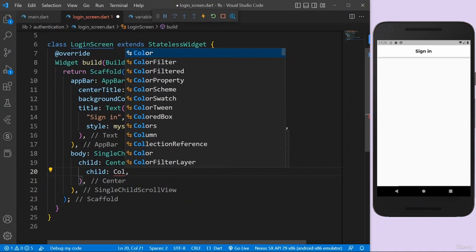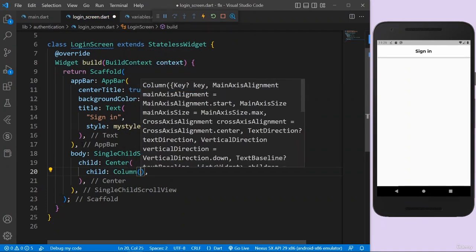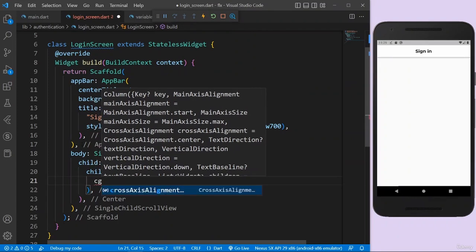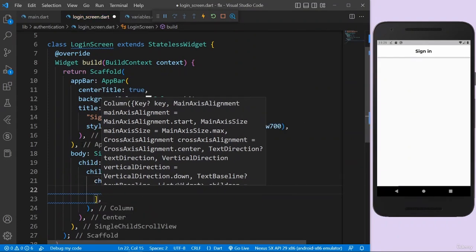So I'm gonna use the column for the whole thing, and the column takes in, of course, multiple children. So the first child is going to